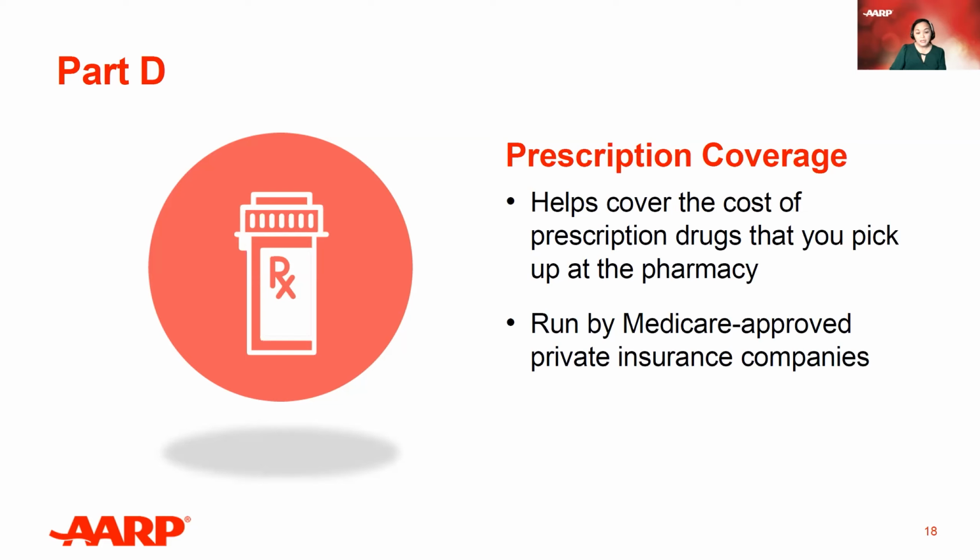You must join a plan run by an insurance company that's approved by Medicare. So this is one area, if you go the original Medicare route, where you do have to do some shopping around. And if an individual is eligible to join, but you don't, you could get a late enrollment penalty. So Part D is provided by standalone Medicare prescription drug plans that offer drug coverage only. It also could be included by Medicare Advantage plans that offer coverage for both prescription drugs and healthcare. So I mentioned if you go the Medicare Advantage route, oftentimes they will include Part D coverage in addition to the A and B.